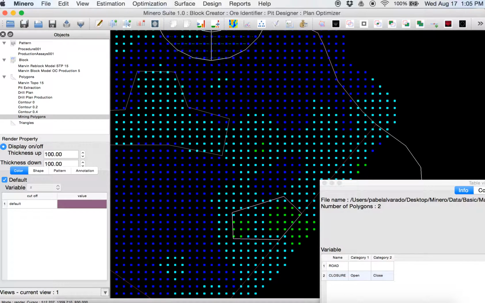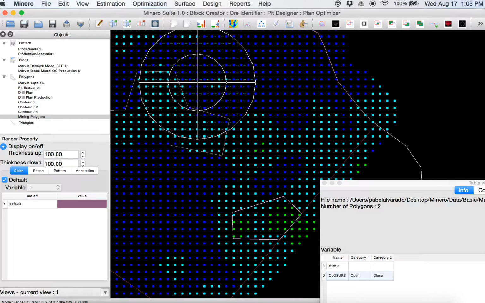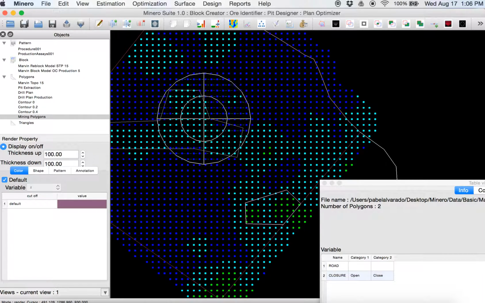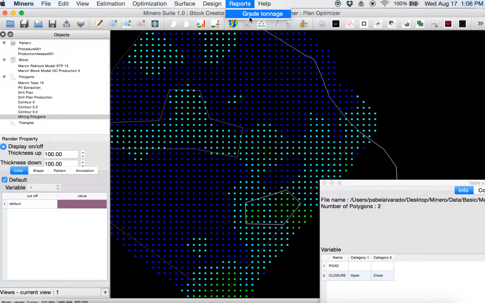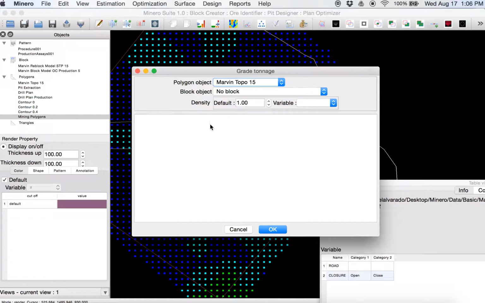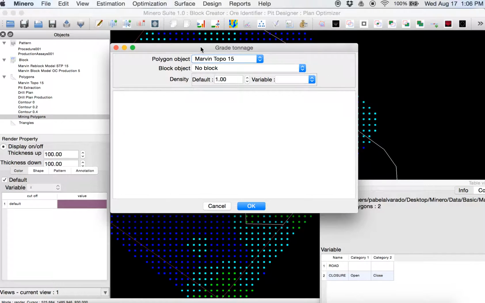It's important to report, and this will help us make the decision on what material is going to what destination. We will always be able to modify these polygons, edit them, and create our final mining polygon that we will send to the right